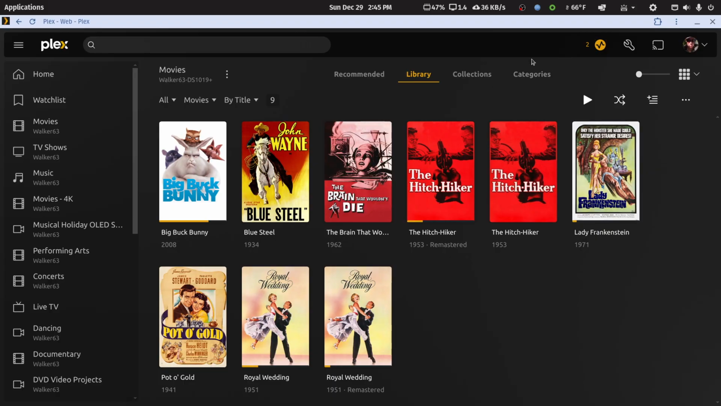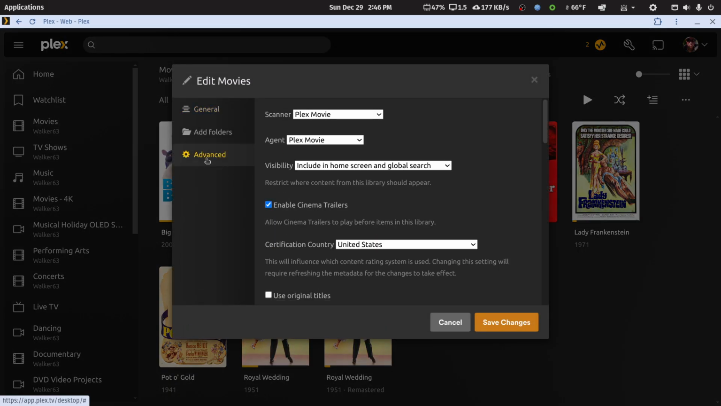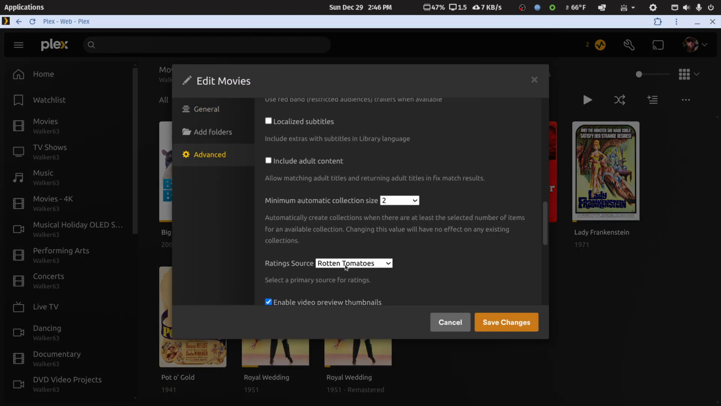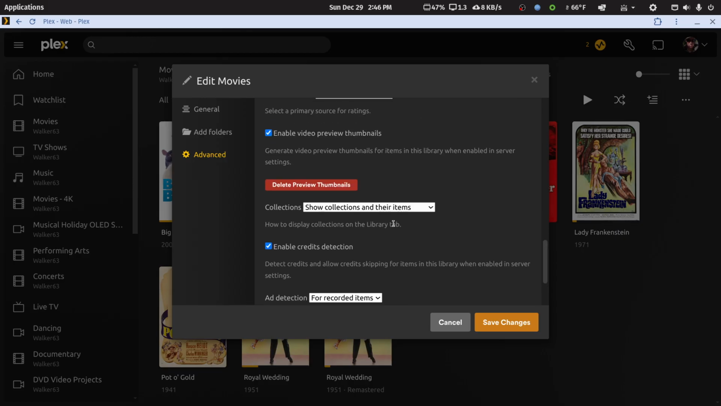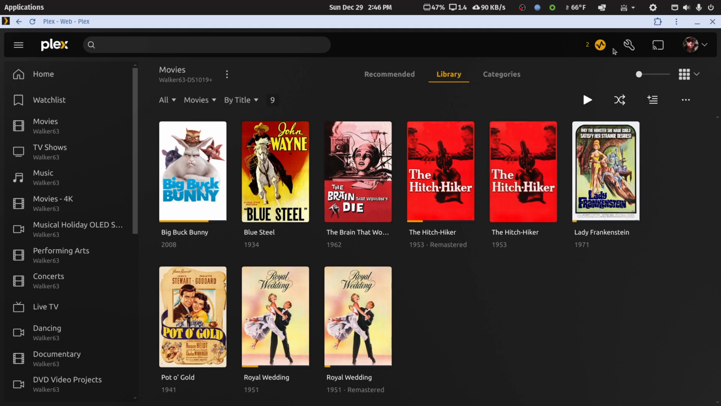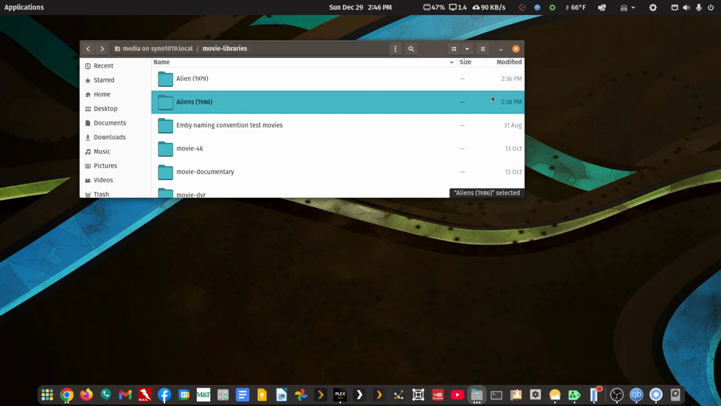So I'm in my library. I'll hit the three dots to manage, edit, and I'll go to the advanced tab. And normally when I set this up, I change this minimum automatic collection size from 0 or disabled to 2. And that means I have to have at least 2 movies that are part of a TMDB collection for Plex to automatically create that collection for me. And the default option is show collections and their items. So we're not going to change anything. All we're going to do is